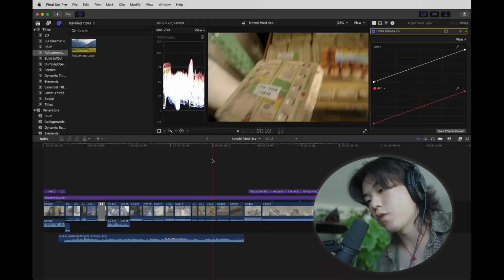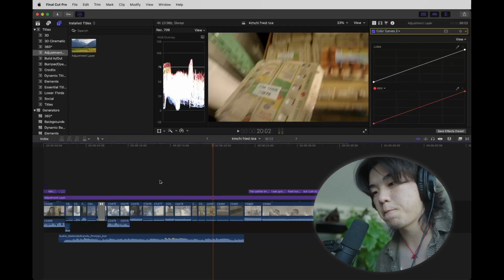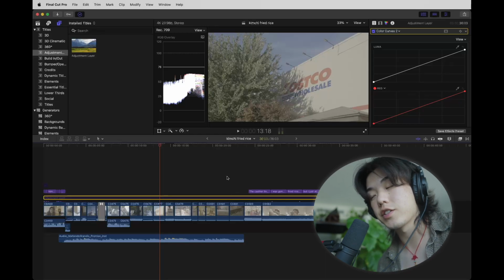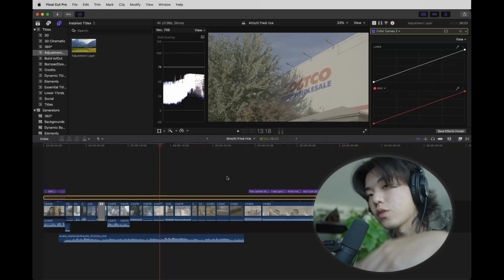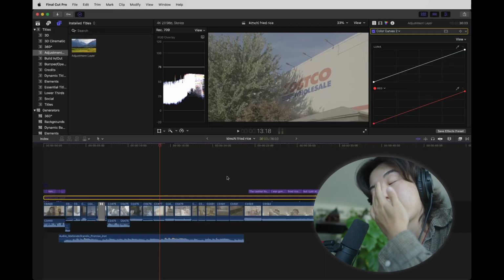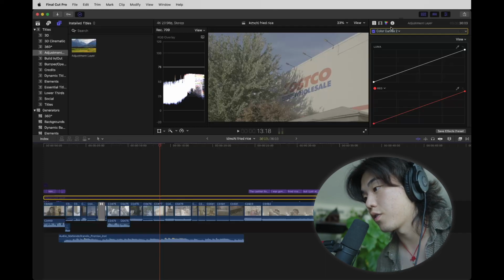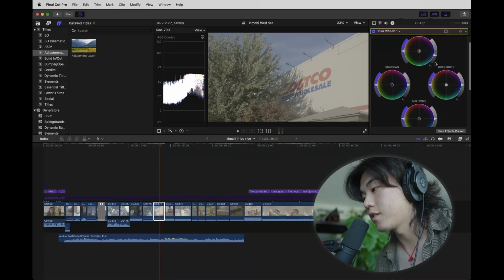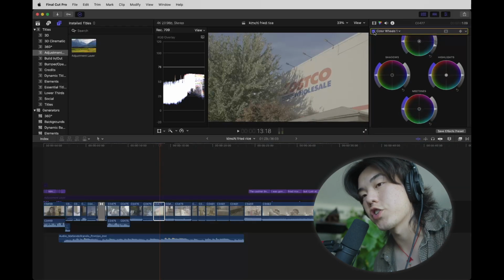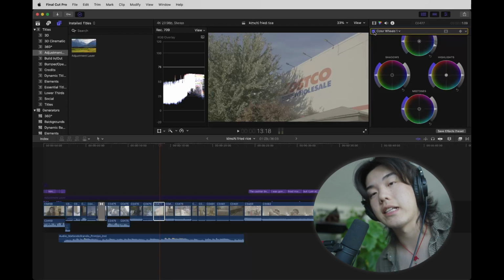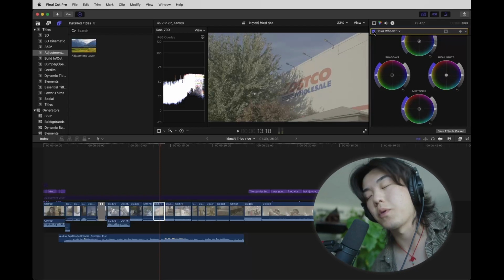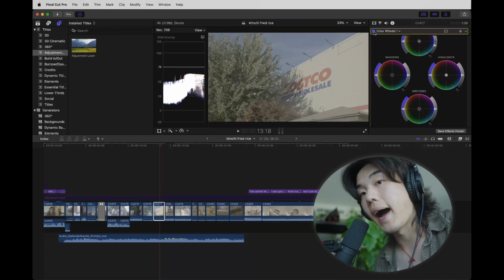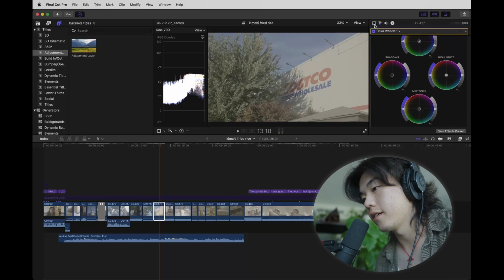Oh, I do want to go over color grading real quick for you. I shoot in log, which is a very flat profile that shoots a lot of information but keeps it bland so that you can make the edits yourself. I'll kind of go over what I do. Firstly, the footage is corrected so that the exposure is natural. The way I like the color grade is I just want to make the footage look like what I saw in real life. So it was not this bright in real life to my eyes, so I darkened it first,